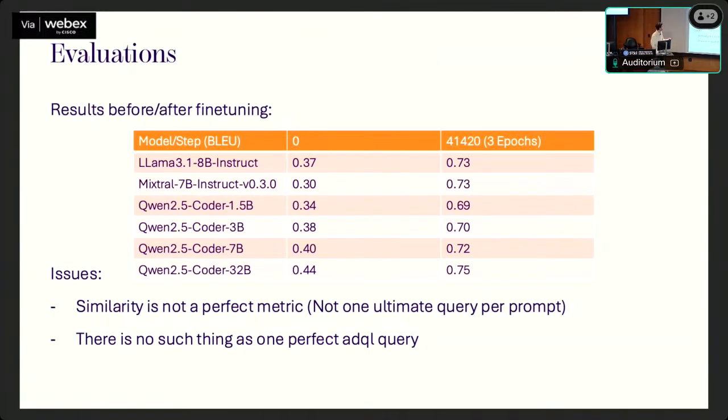When we now look at the similarity for the baselines for multiple models, we can see that we increase the similarity, let's say, twofold. But of course, we cannot say that similarity is the perfect measure, because it's not telling you anything about the query itself. It's not telling you whether it is executable. SQL queries can be written infinitely many times just by renaming some columns, for instance.